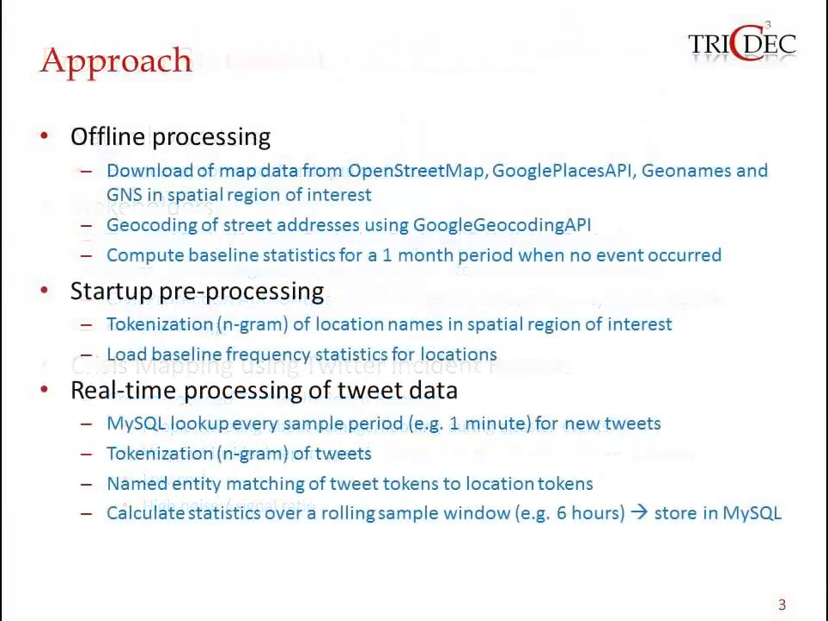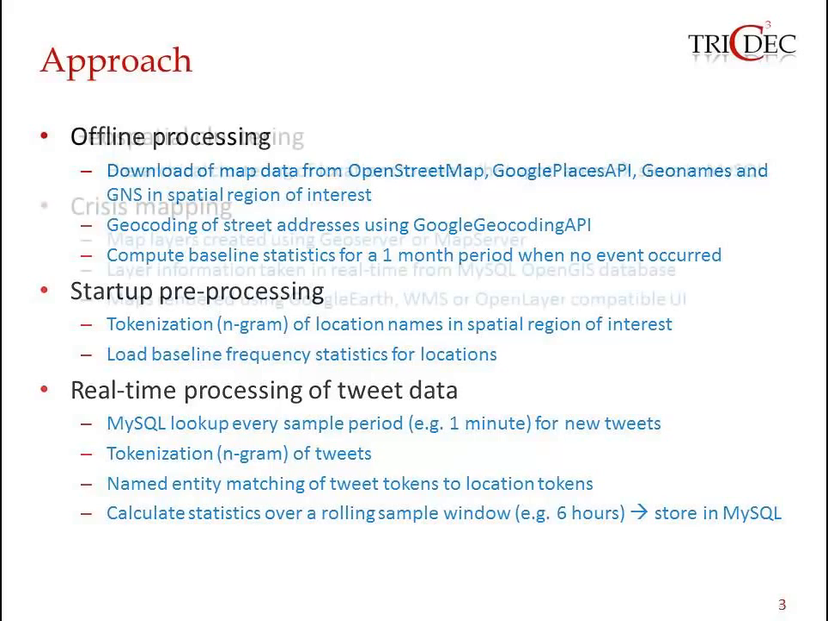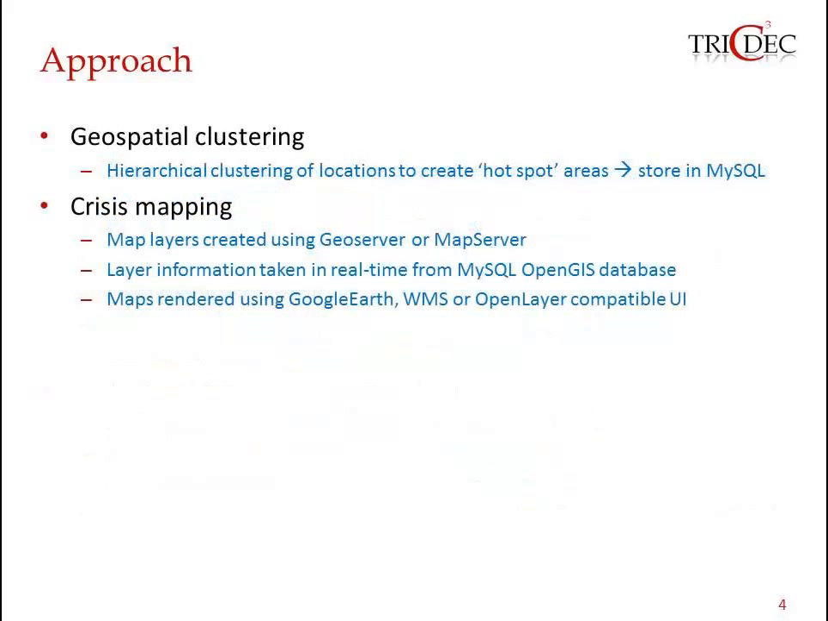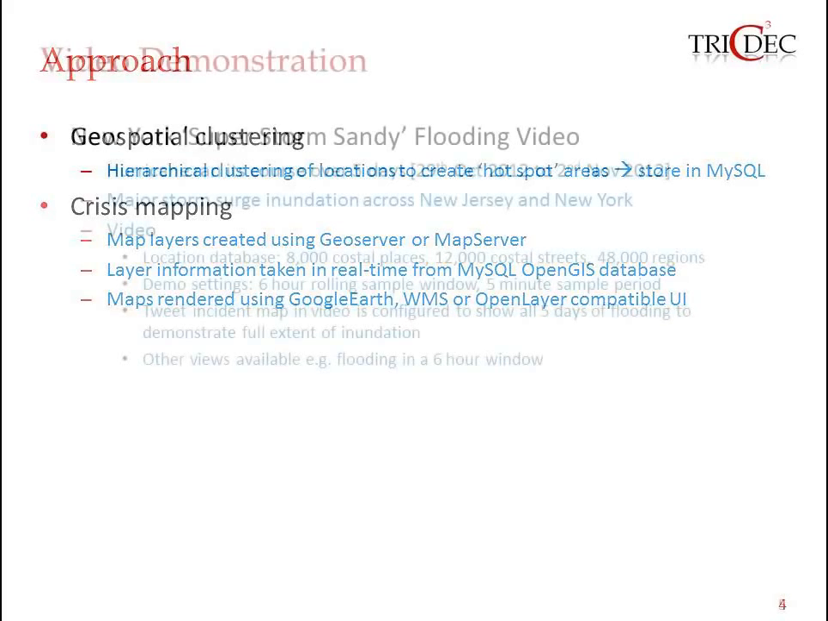Our approach is to first download street map data for at-risk areas of interest, and then calculate baseline statistics for these regions to provide us with a background noise level. We then use natural language processing techniques to match location entities from our street data to tweets which are streamed in real time. The final result is a hotspot layer showing incidence reports which can be rendered using mapping software